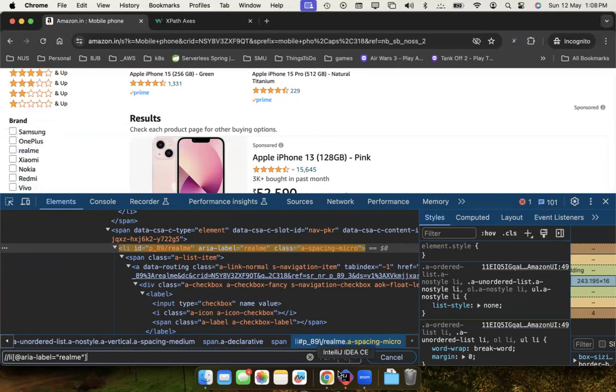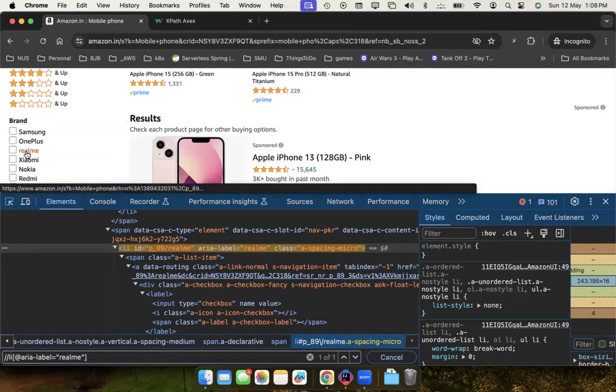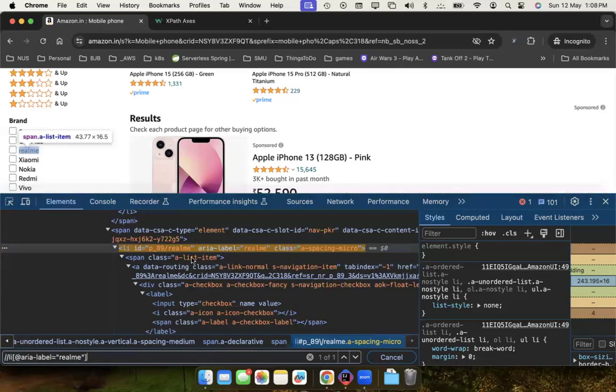So I'm able to identify this, and if you see, I am able to locate this uniquely, one of one. So there's only one element with the type as list and area label as realme. That's good. Now what I have to do is to somehow locate this element from realme. So I am on realme, and then I need to find out where this element is in the DOM,